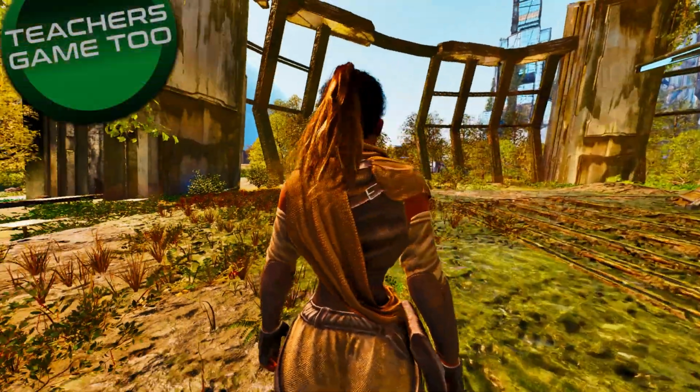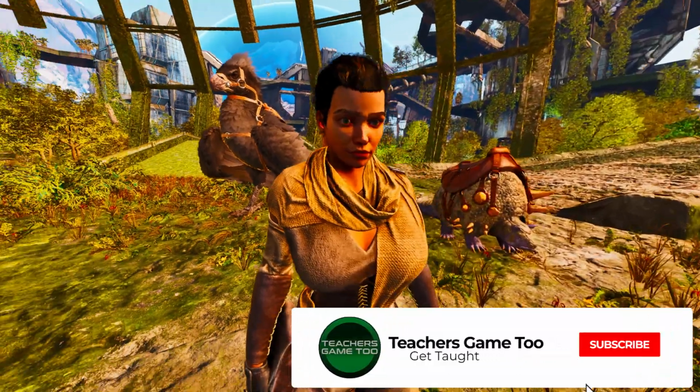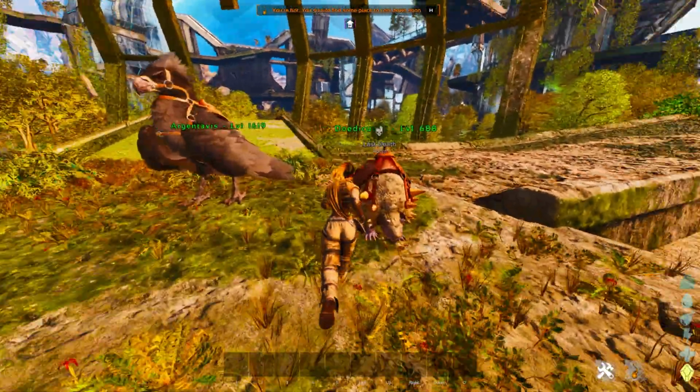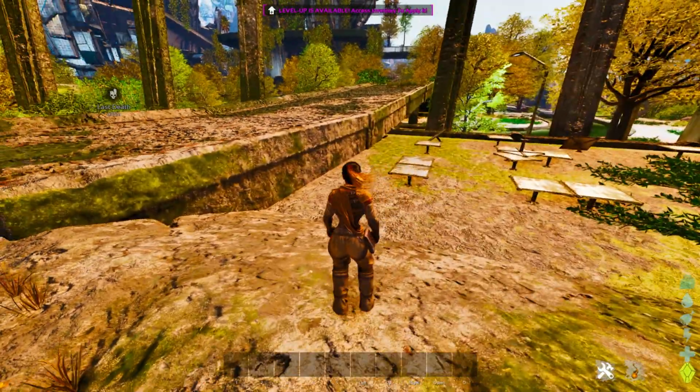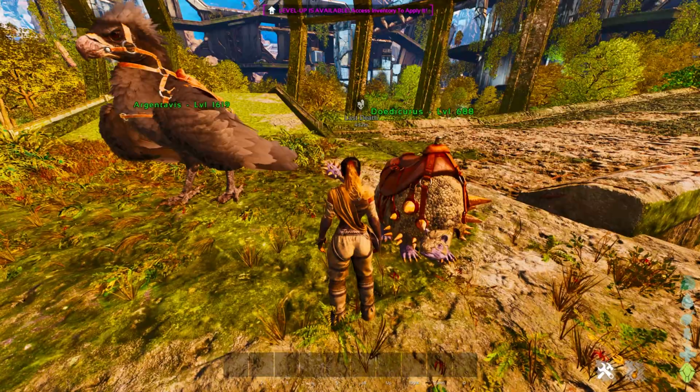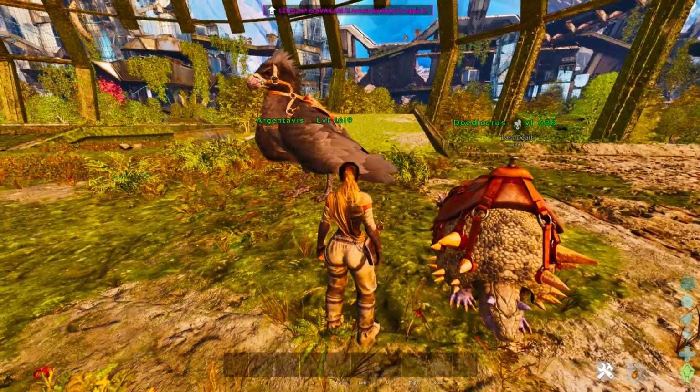It's Teach here, coming at you again with another video over on Ark Survival Ascended, and in this video I am going to show you how to get a stupid amount of electronics and element dust for that matter. This is the easiest way to farm both element dust and electronics, and all you need is an Argentavis